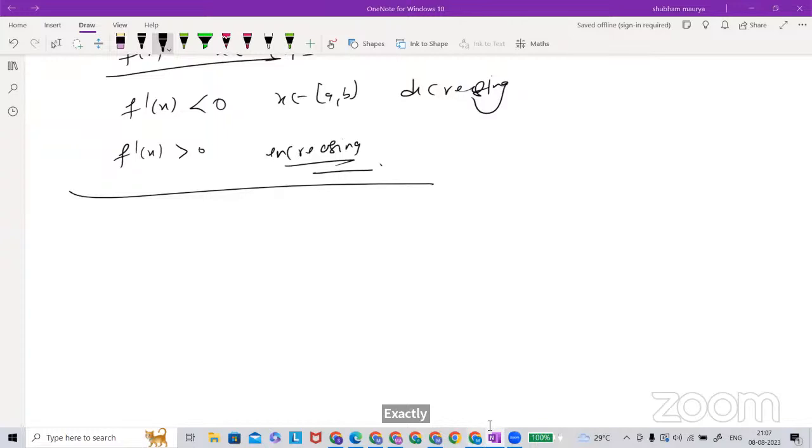Okay. So critical points, let's see geometrically first. Critical point means where the